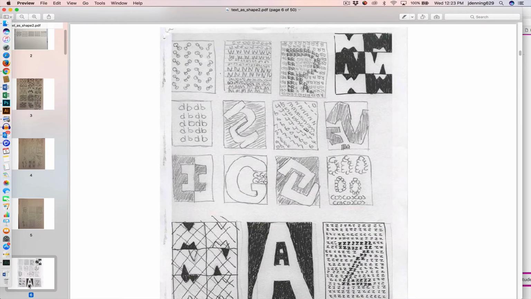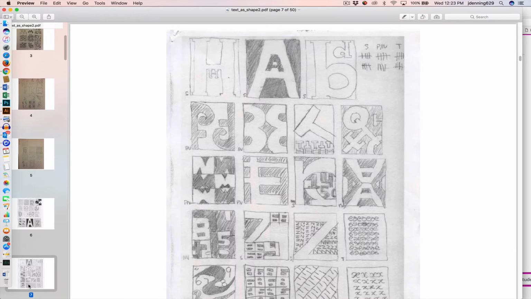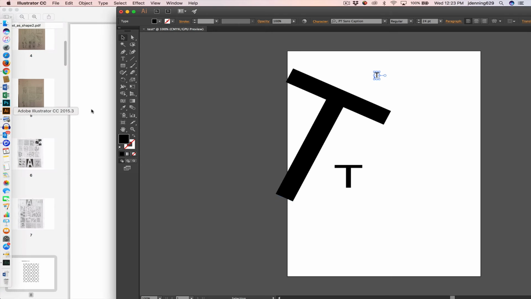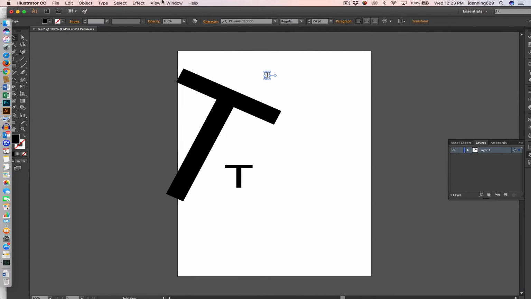So once you're done with your thumbnails, you're going to go in and you're going to choose one of the thumbnails to turn into a final design. And this is where you're probably going to start using a software. In my labs, we use Illustrator, which is really simple to use with the text tool. So in Illustrator, you basically have your